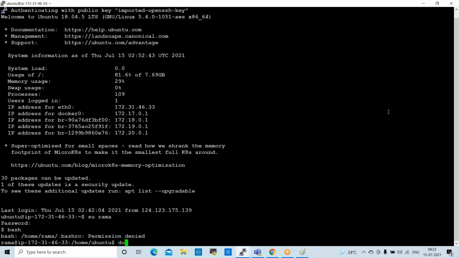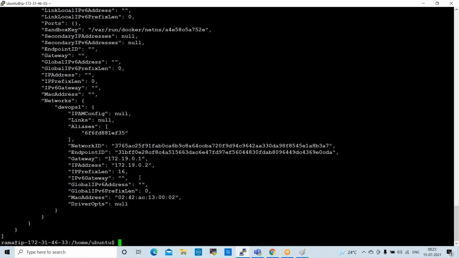Now docker inspect C2. Now one IP address is attached to C2. So this is the C2 container on the DevOps1 network. This is the IP address assigned.